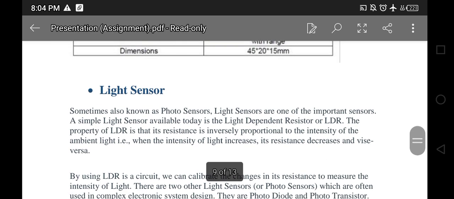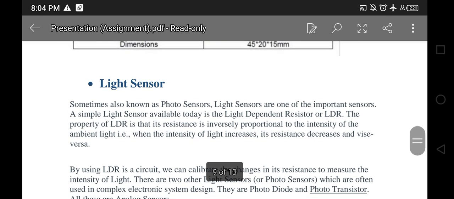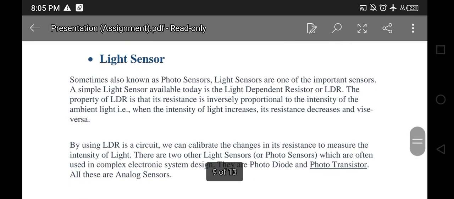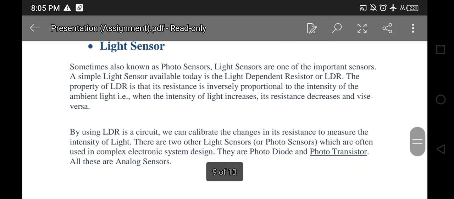So now, next up, we have the light sensor, sometimes also known as a photosensor. Light sensors are one of the important sensors. A simple sensor available today is the light dependent resistor, or LDR. The property of an LDR is that its resistance is inversely proportional to the intensity of the light. That is, when the intensity of light increases, the resistance decreases, and vice versa. Since they are inversely proportional, when the light increases, its resistance decreases, and the other way around when the light